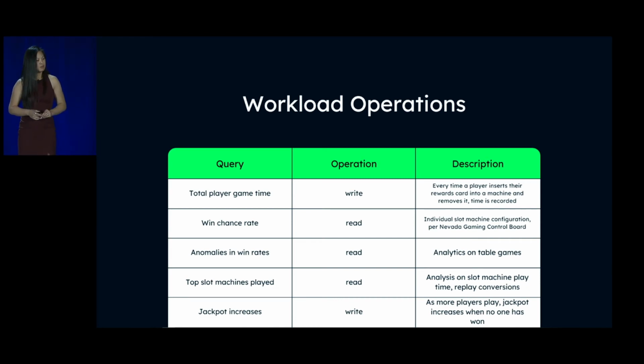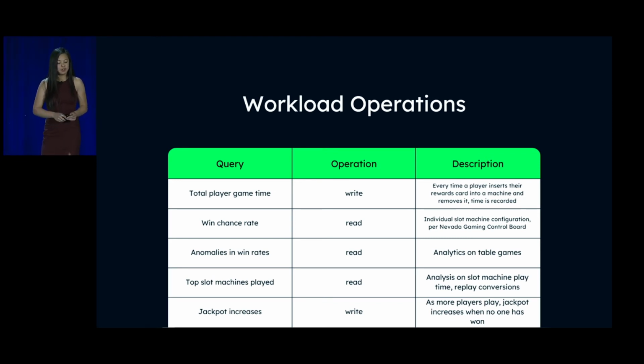And the top slot machines played. A lot of casinos take contracts from the biggest slot machine makers. There's Konami, there's IGT, there's Aristocrat. All of these are the makers of most of these slot machines. And usually they want to see which ones perform the best. So in this particular case, they can analyze which sets of slot machines are being played the most thanks to those particular analytics that are coming from those makers.